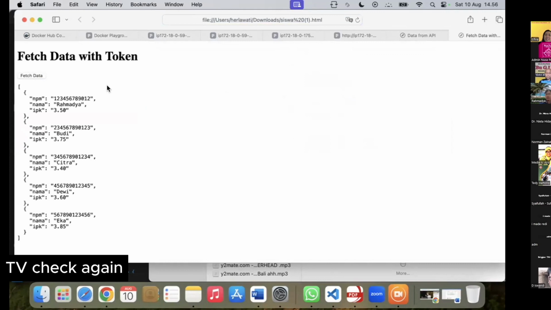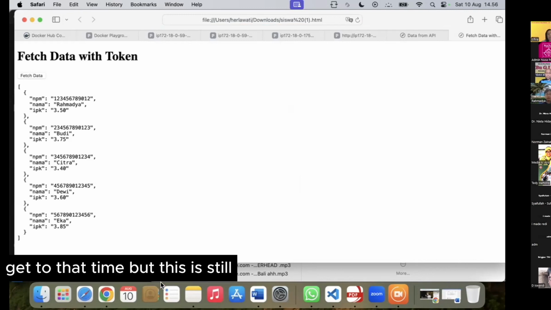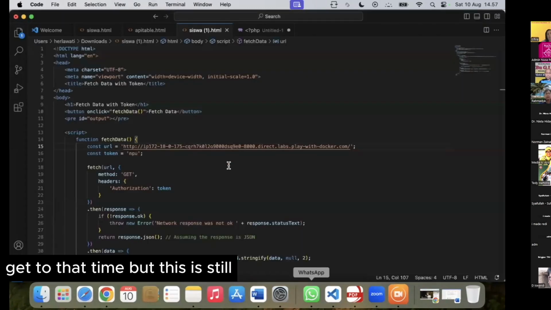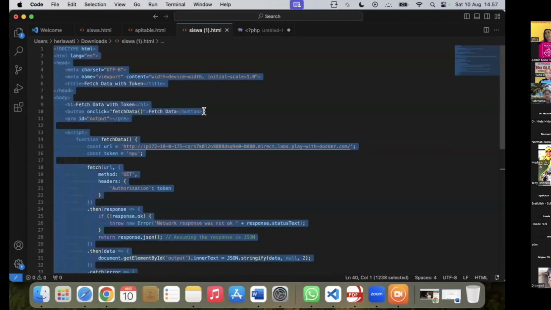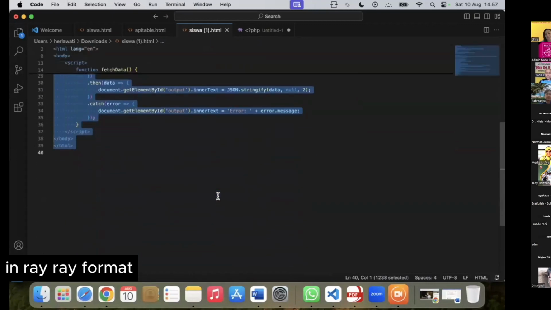Okay, we check again using a browser, for example Safari. Fetch data with token, we check the information. So we have already got the data, but it is still in array format.